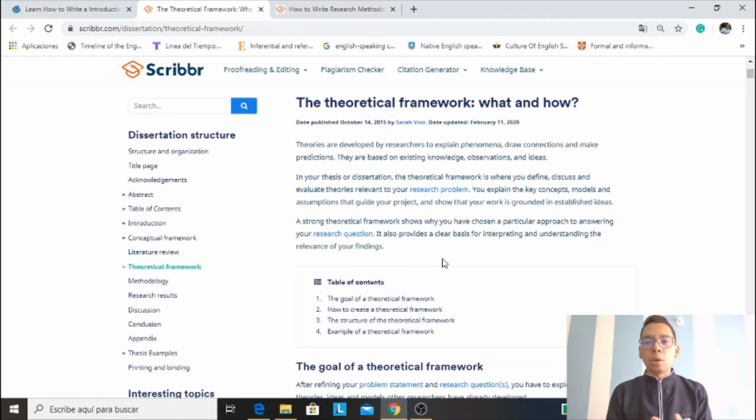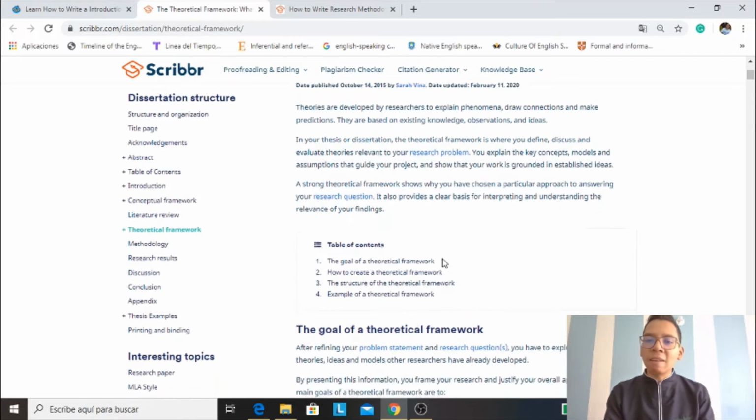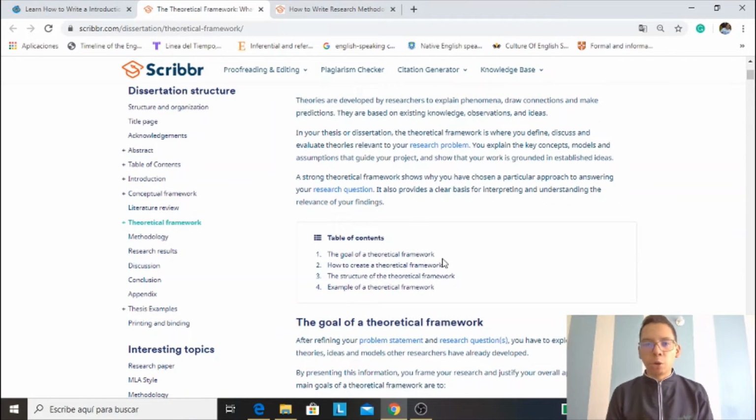Okay? The theoretical framework, what and how. The idea is that you can use this information, read the information, and find what a theoretical framework is. In a few words, en pocas palabras, el theoretical framework es nuestro marco teórico, es toda la base conceptual de nuestra investigación. For example, as I already mentioned in my investigation,